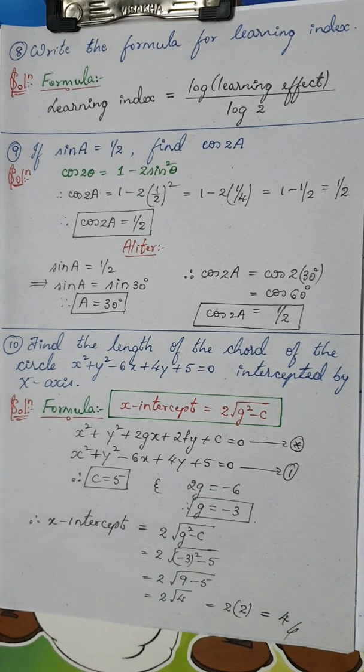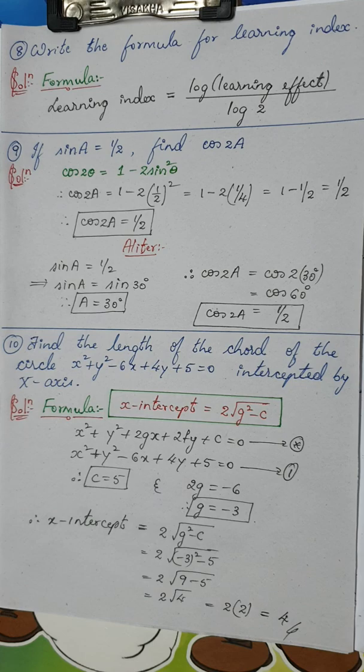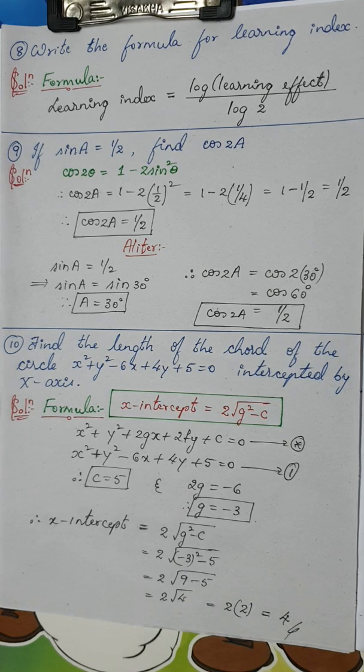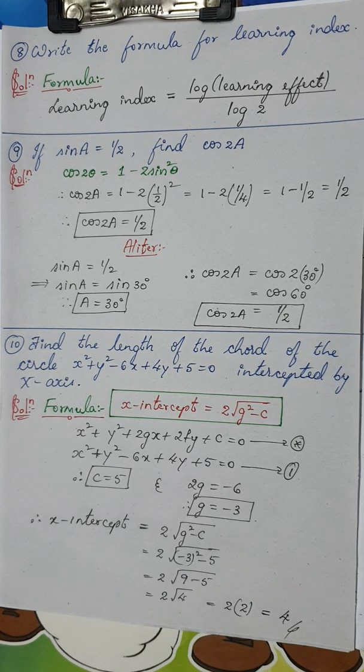So this gives you the solution for all the one marker questions from the third model question paper for the reduced syllabus. Right friends, hope you have enjoyed this, and more than enjoying, you have also learned some concepts in basic maths. If not learning, at least you have revised. We can take it as a revision class where we have revised the one marker questions from the third model question paper.